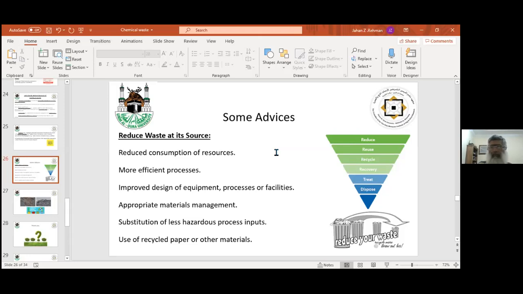Reuse. If there is some ability to reuse the chemicals, then you can reuse them. For example, if I have an acid and I know that I can reuse the product, it is not compulsory to purchase this product as a new chemical. Recycle: as I told you, sometimes there are facilities to recycle the chemicals, because only for those chemicals which are used in bulk. So if you have a recycling ability, then recycle.